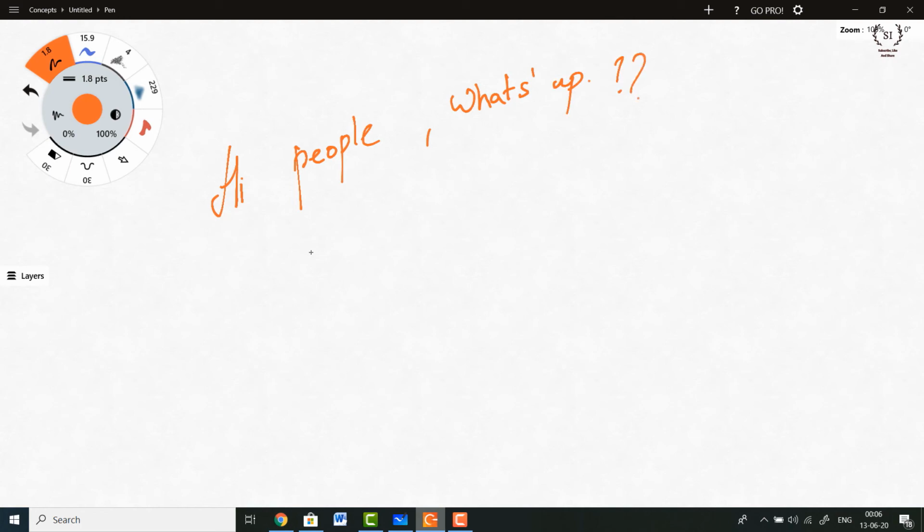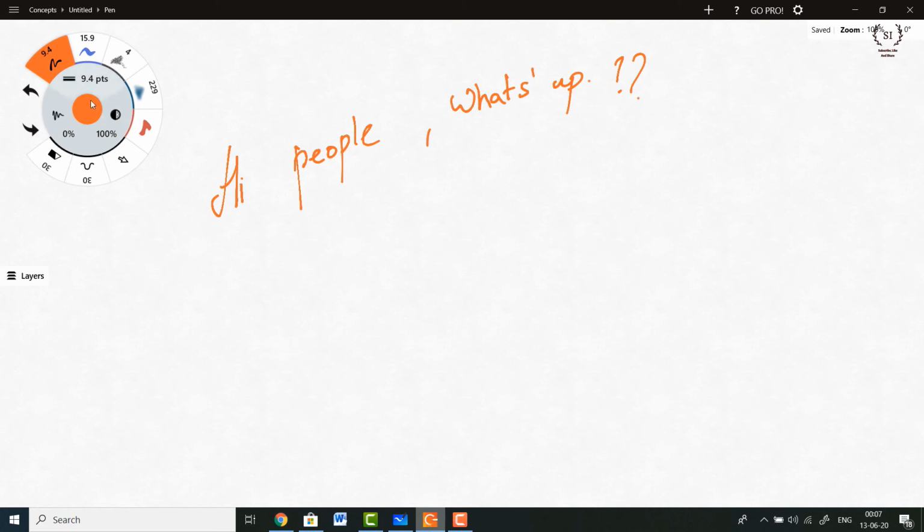Okay, so now let's explore the various features. Over here you can see that the width of this pen is 1.8 points. You can either reduce it or you can increase it to, for example, 9.6 points. So now let's see how it looks. You can easily point out the difference, right? So this is very handy as compared to the previous tool, because in the previous app, Microsoft Whiteboard, there were only 4 width options, out of which you could select only 1.